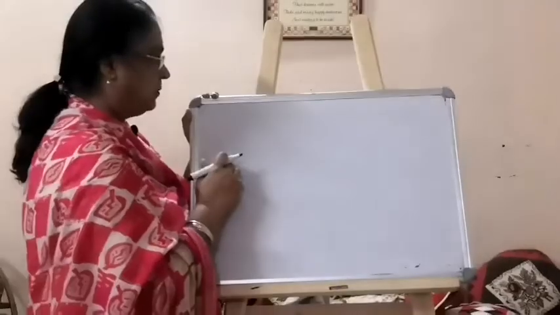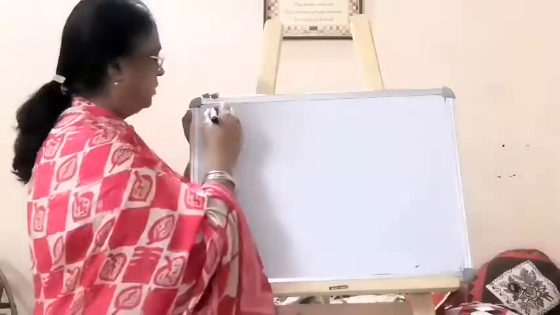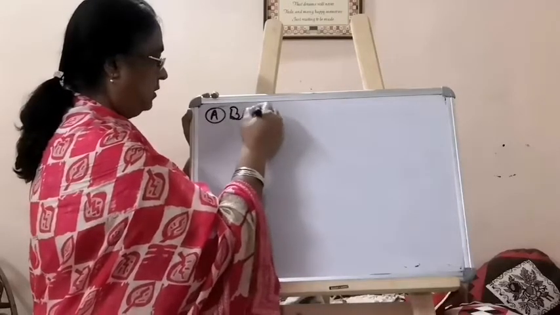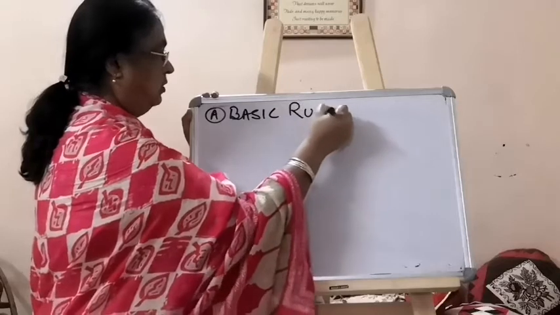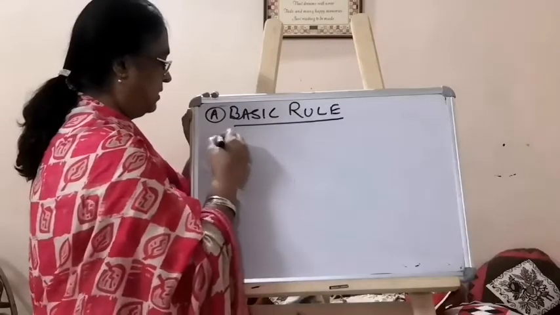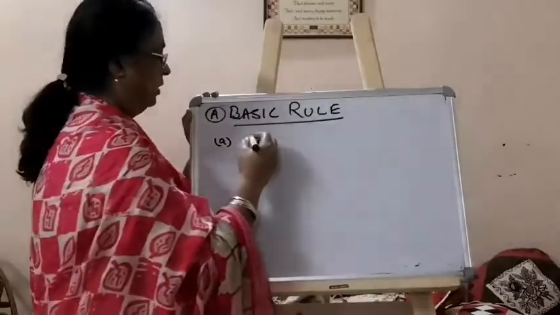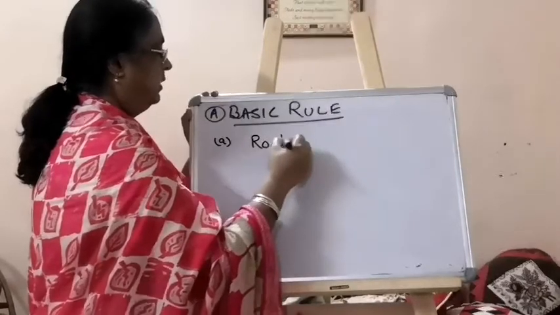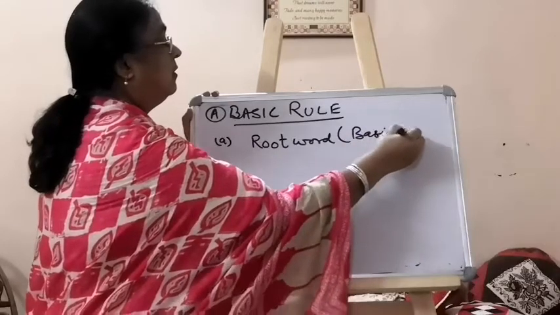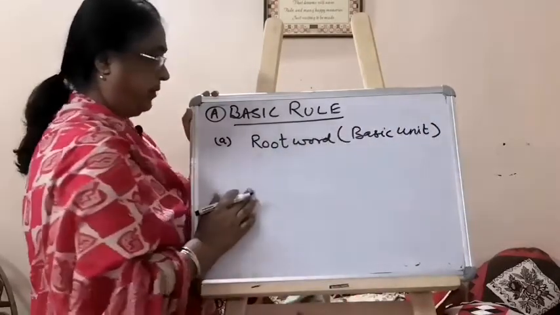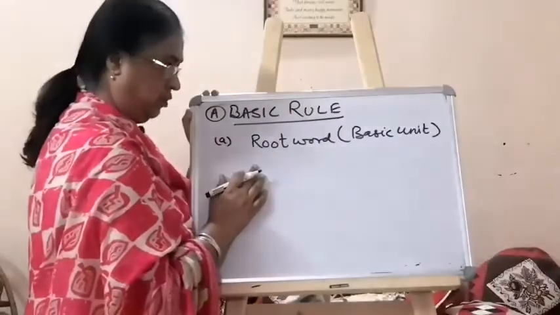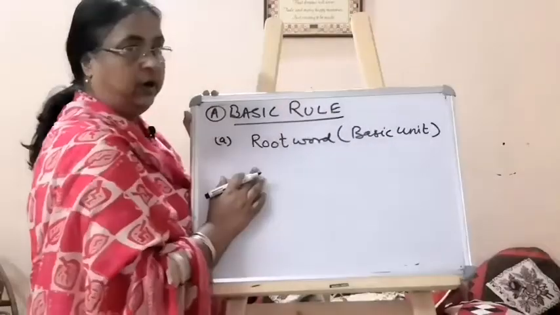So IUPAC system of nomenclature, the first is your basic rule. You know these basic rules. In that the first thing is to know the root word. Root word is also called basic unit. So root word depends, as you know, on the number of carbon